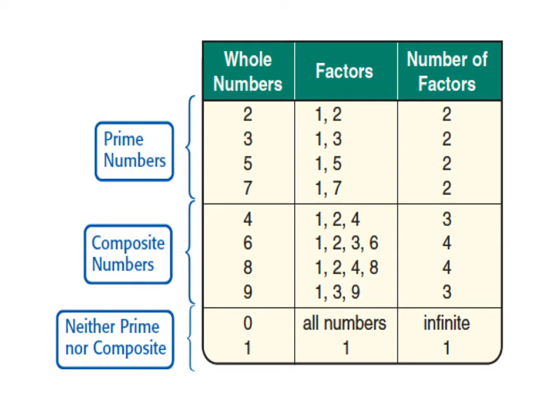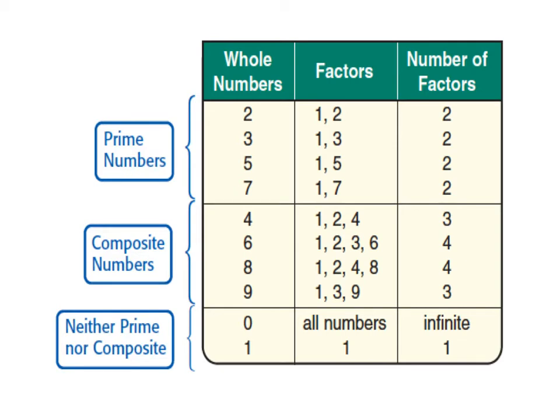All right, so how come 2, 3, 5, and 7 are prime numbers? Because they only have two numbers or two factors, one and itself. Composite numbers such as 4 have 1, 2, and 4. So remember, 1 times 4 is 4 and 2 times 2 is 4. And notice we don't use the repeated number 2 twice. We only keep it once. So there you go, ladies and gentlemen. That is a quick chart from 0 to 9. And of course, numbers go to infinity, and I suggest that you start memorizing these for ease later on